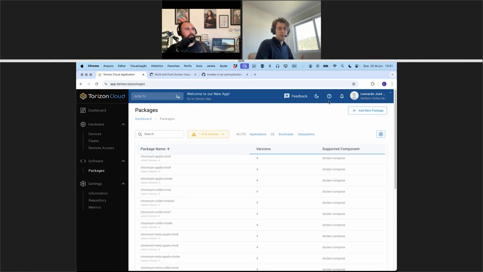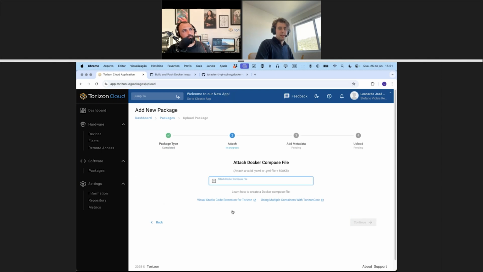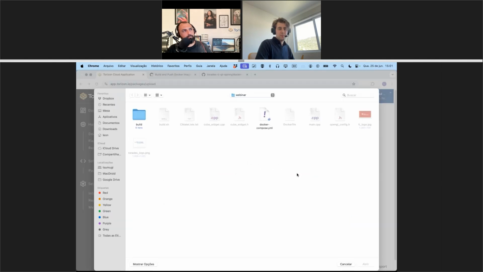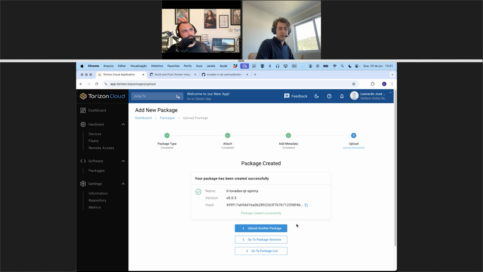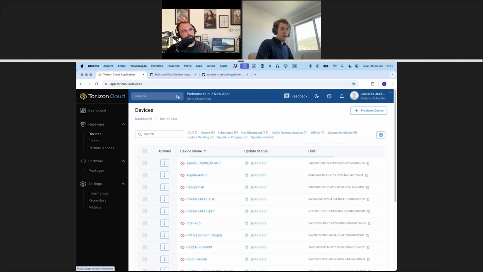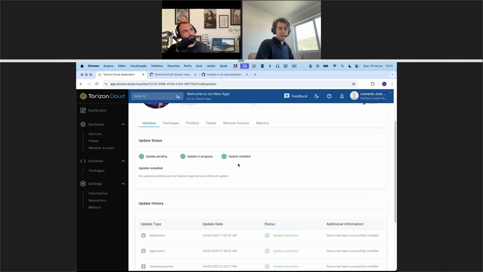We can come here and add a new package. We support 3 package types. This one is a Docker Compose application type package type. We can attach a new Docker Compose file. So here, just select the compose file. Next, package name. I want the same package name, but this is going to be version 0.0.3. Simply upload the package. Then we can come into the device list, go to our very nice version AM62,